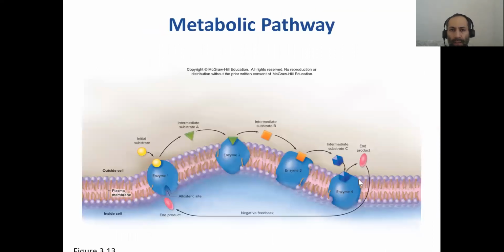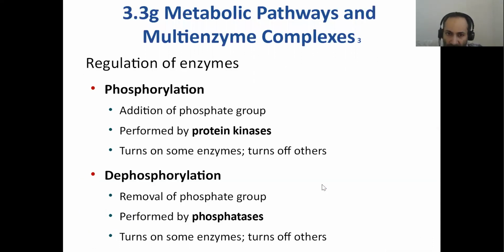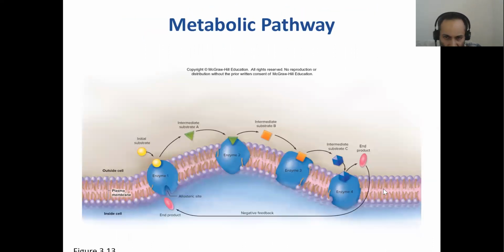All right. So in this picture, you're looking at a typical metabolic pathway, okay? And you're looking at enzymes throughout. And these are embedded enzymes. You can see this is a cell membrane, right? So by now you should be able to pick up on these visual cues. That'll serve you well for your lab exams because it's a very visual exam. You'll be looking at pictures and specimens and whatnot, right?